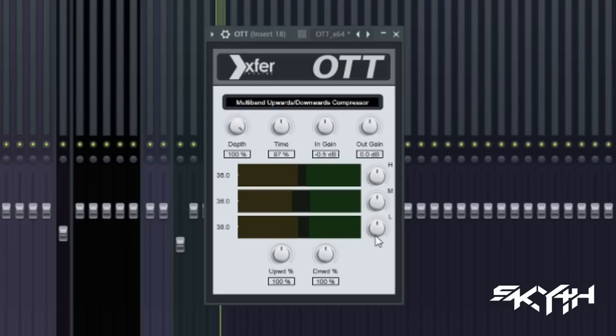These three knobs are also pretty explanatory themselves. If you feel like your sound needs more low end, you can turn this up, and you can do the same for both the mids and highs. These thresholds determine where you want the compression to be. Anything in the orange or yellow is going to be compressed upwards. Anything in the green is going to be compressed downwards. Sadly enough though, you can't change the distance between the yellow and the green. These are fixed for the standalone version, so sadly you cannot change that,